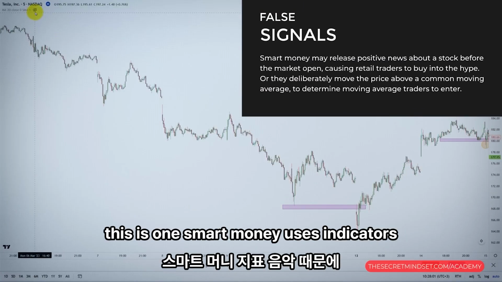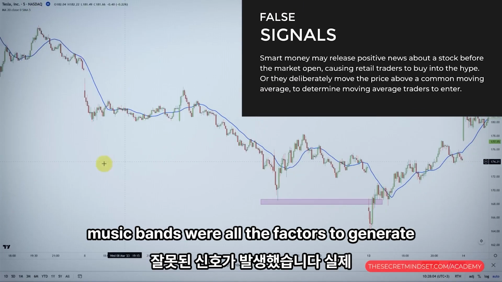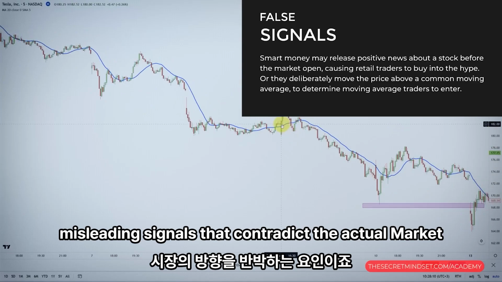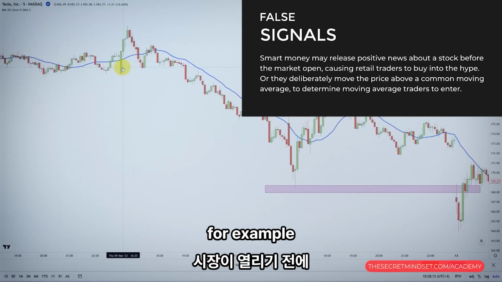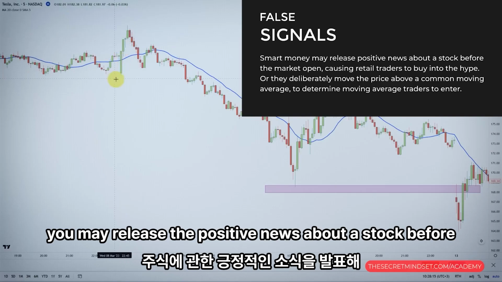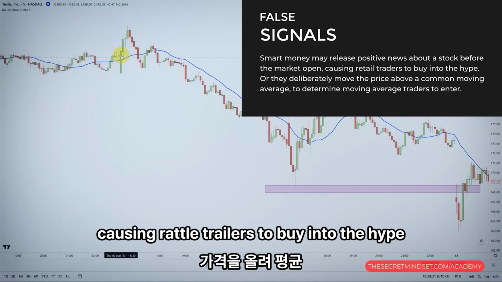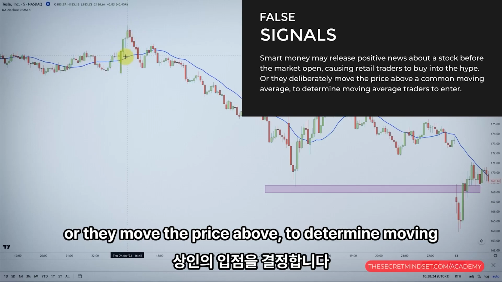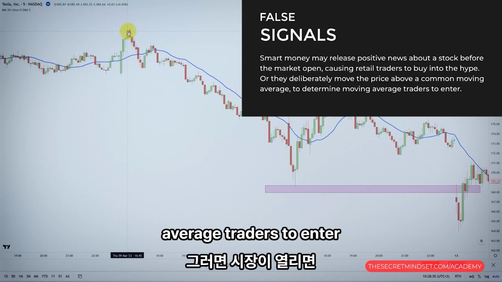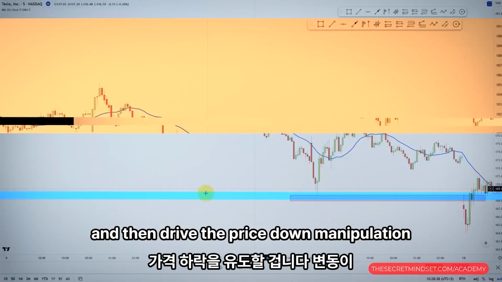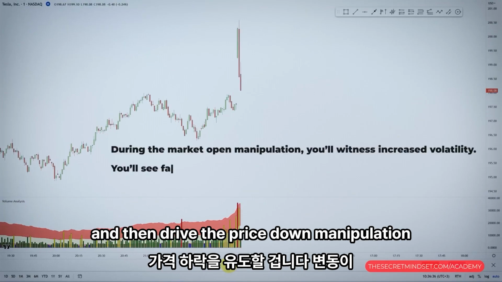False signals. This is when smart money uses indicators, news events, or other factors to generate misleading signals that contradict the actual market direction. For example, smart money may release positive news about a stock before the market open, causing retail traders to buy into the hype, or move the price above a common moving average to cause moving average traders to enter. And once the market opens, smart money will sell their positions at a high price and then drive the price down. During the market open manipulation, you will witness